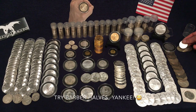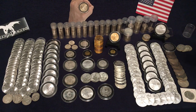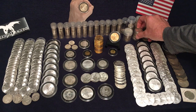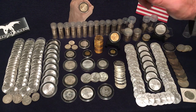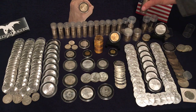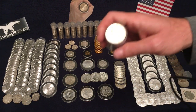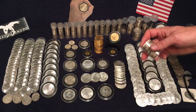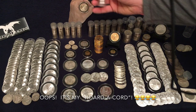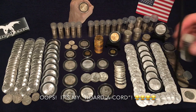some Liberty Heads, Walkers, but most of what I have here are just strictly, I should be taking the tops off of these, Washingtons and Kennedys. I really do love a 1964 Kennedy half dollar. That's a sweet spot for me. And then Mercurys and Rosies. So definitely like to have a lot of dimes,